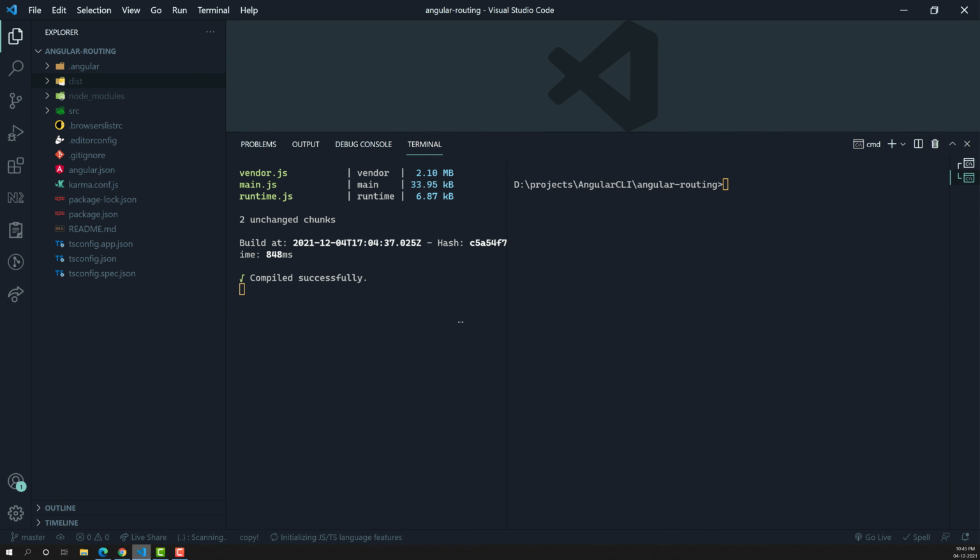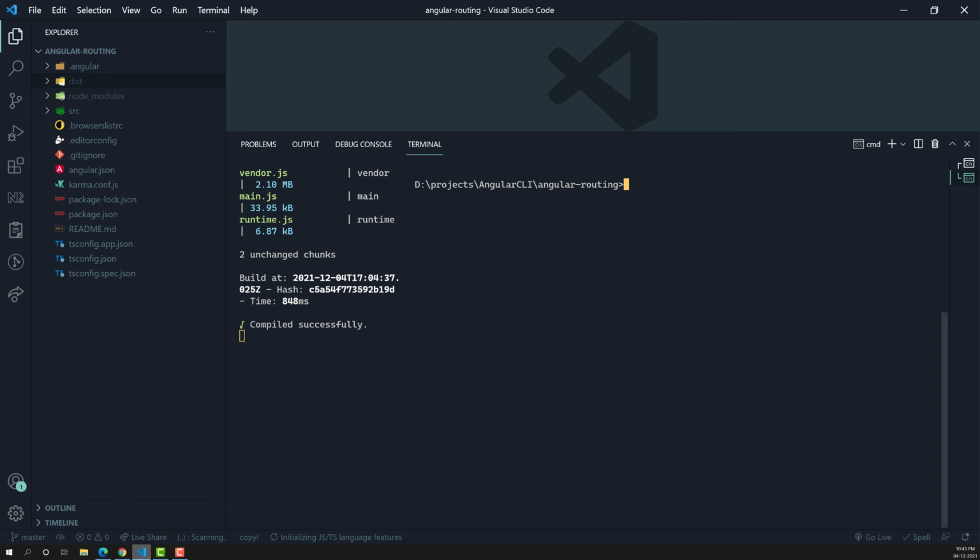Now let me, or otherwise what I will try to do is I will try to open the command prompt, or otherwise we will try to add it here only. Now I am adding this ng-add Angular Material. So if I press enter, now it will ask you a series of questions depending on the library or the package, whatever you are adding. So depending on that schematics, it will ask you the series of questions.